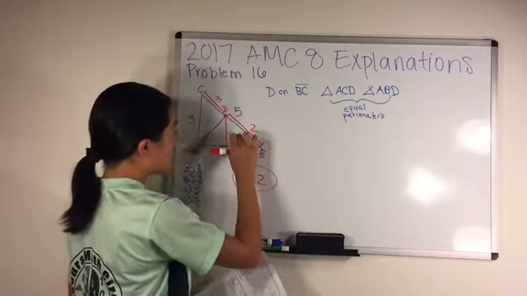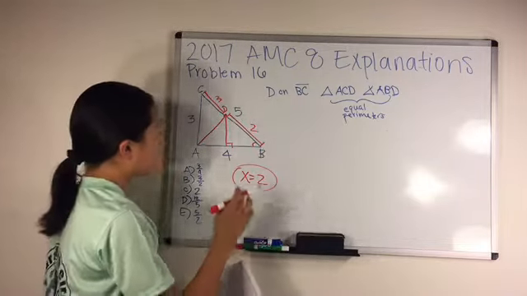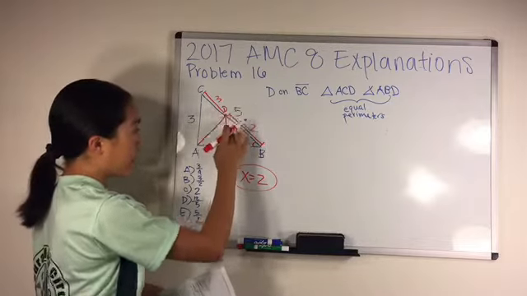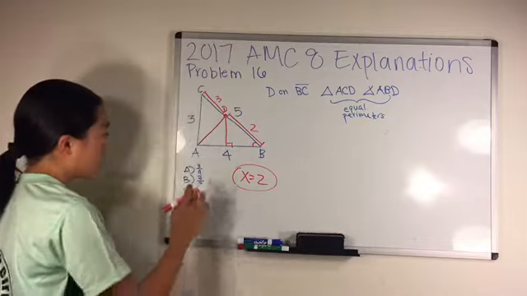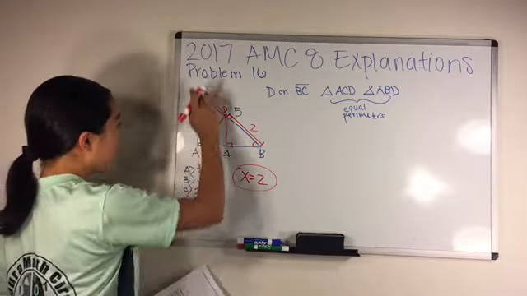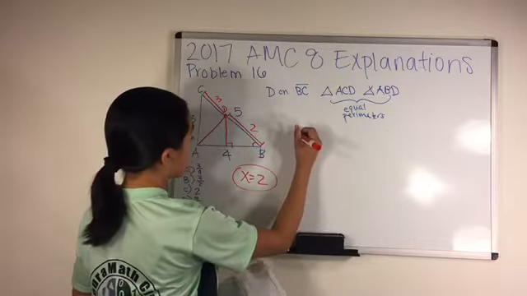That means that this right triangle and this right triangle are proportional. That would also mean that the height of triangle ABD is proportional to the height of line AC, which would mean basically that